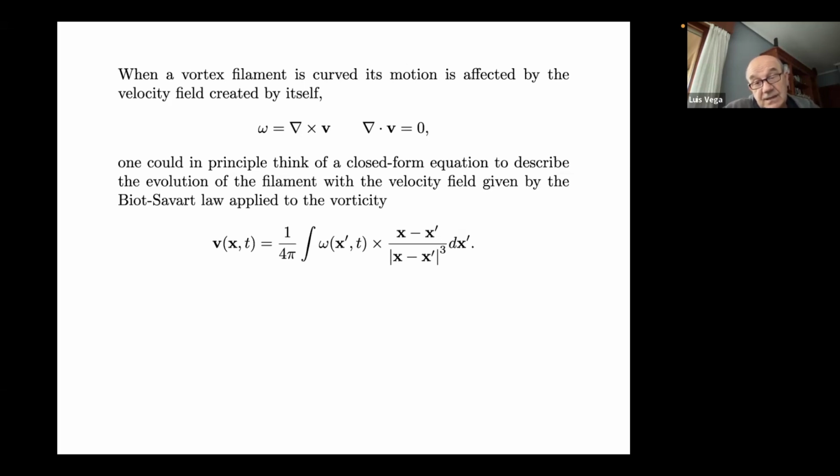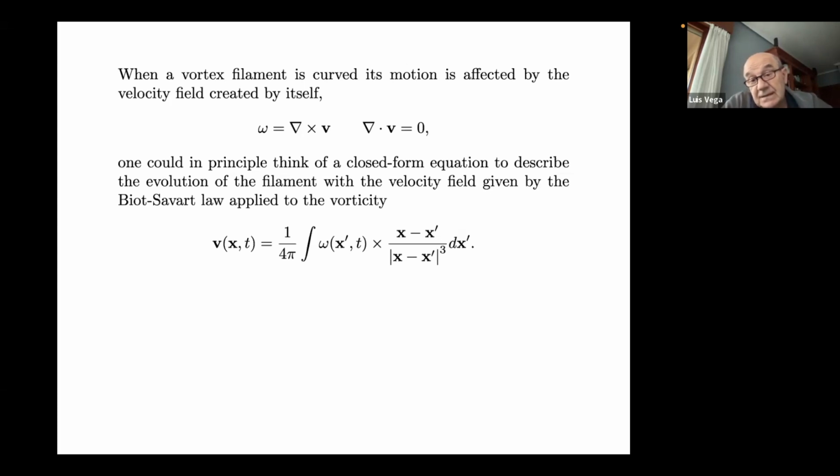Because as soon as x is not in the support of the vorticity, if I assume that I am in the previous example and at t equals 0, then this will be nothing but a contour integral along the curve sigma. So if x is outside, then of course the kernel is analytic and there is no problem. But you would like to compute the velocity precisely at where the filament is, and then you have a very